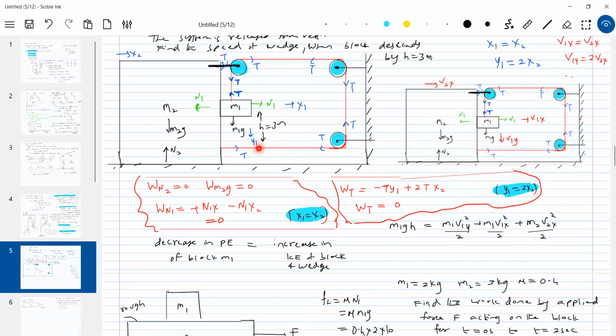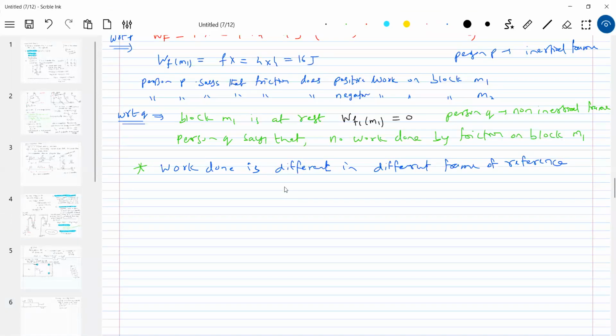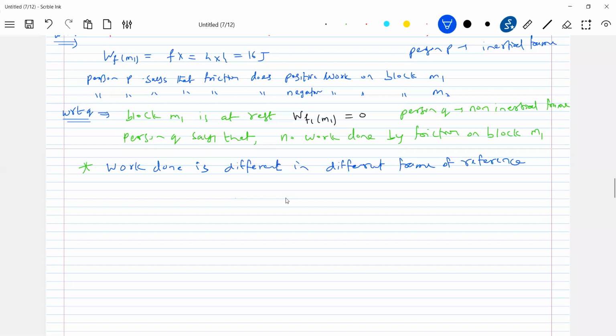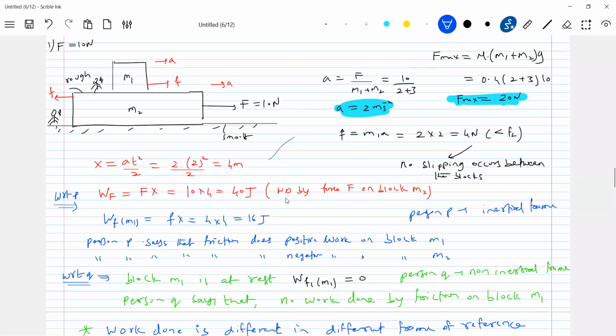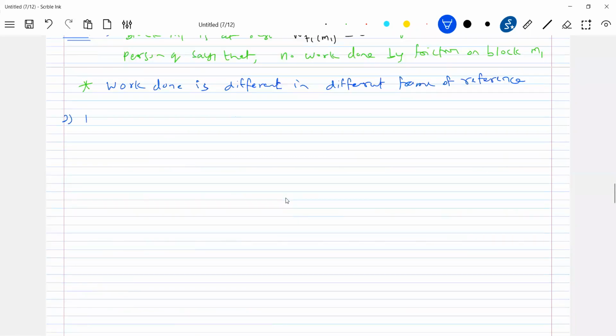Okay, slowly your difficulties will arise like this. Your focus will be the work done by the various forces. So slowly I introduced today the work done by the weight, the work done by normal contact, the work done by the tension, and the work done by friction also. Now that was the first case I brought. Now the second case, I'm going to apply 26 Newton. Second situation, F2 is equal to how much? The applied force is now 26 Newton. If I apply 26 Newton, what about the various forces that are acting?